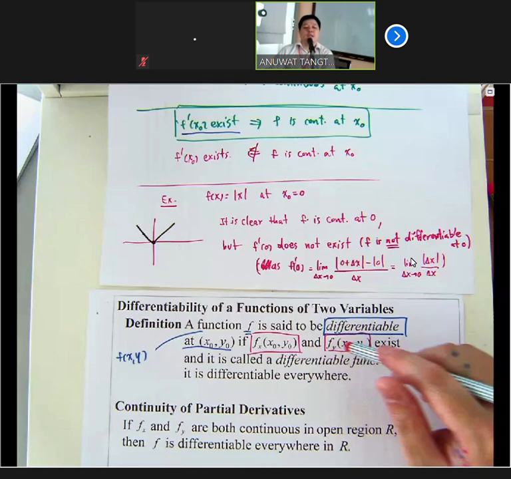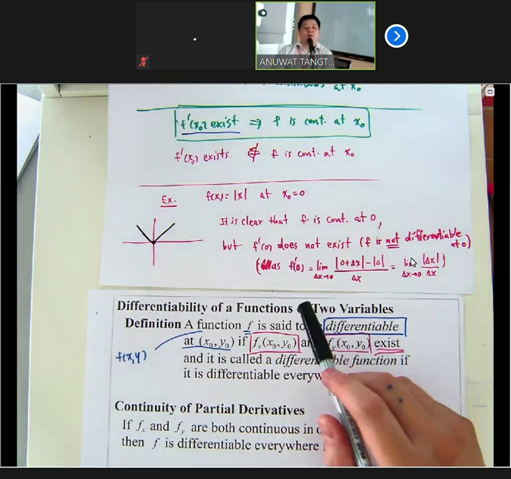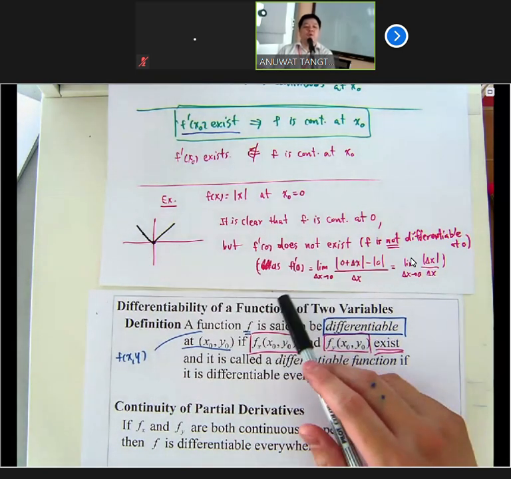Namely, for the case of three variables, if you have a function of three variables, it is said to be differentiable if all